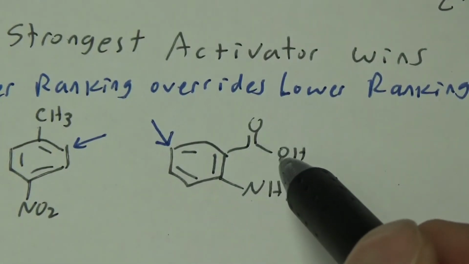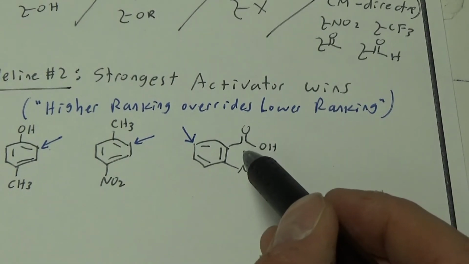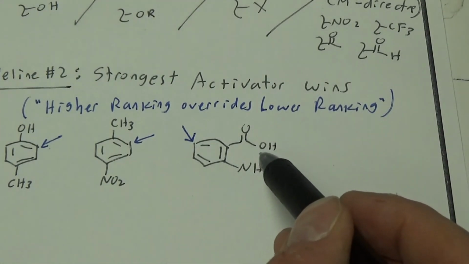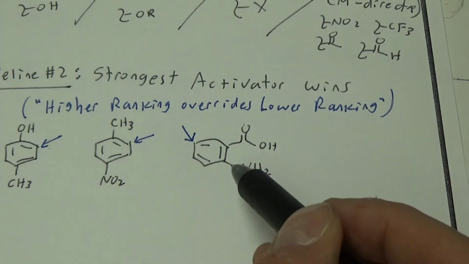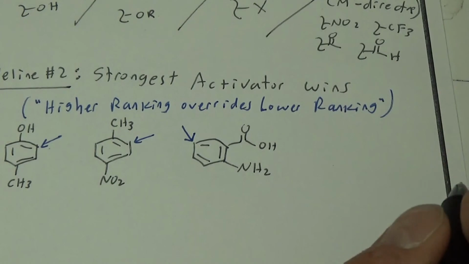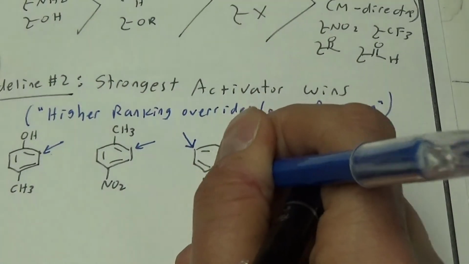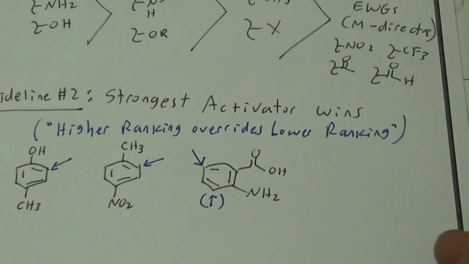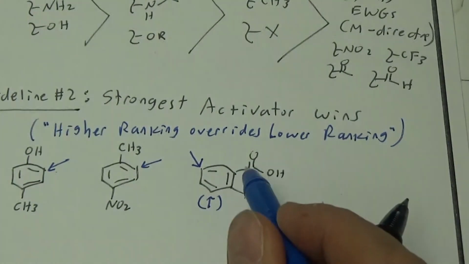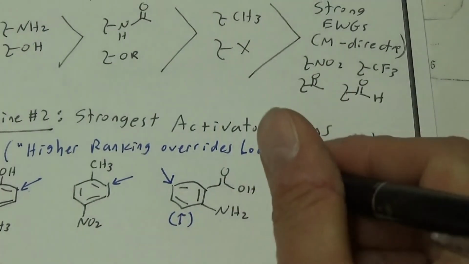Okay? Now this is also a case where even though this is the greater activator, this is also a meta director, right? So this is meta, that's ortho-para. And so they're saying the same thing, and that's basically saying that position. Okay? Alright, and so there is this position, and I'm going to put it in parentheses because it's less likely due to sterics. And that would be meta to the carboxylic acid and ortho to the NH2. What about